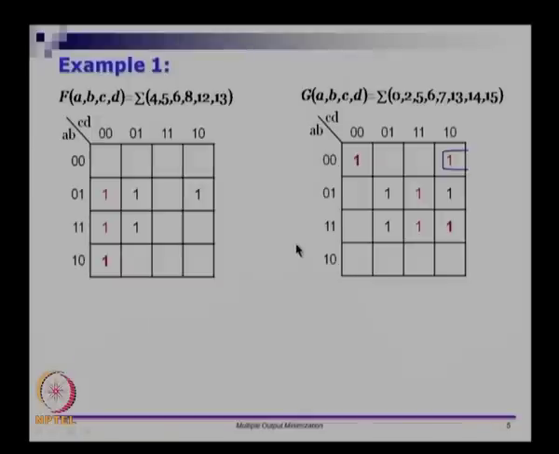So a few more examples here. On the left side we have a function on 4 variables A, B, C and D, and on the right side you have a function on 4 variables again, on the same inputs A, B, C and D, with 2 different sets of terms. And if you notice, the red colored ones are unique. So these 3 ones appear only in F, and these 5 of them appear only in G. They are unique only to